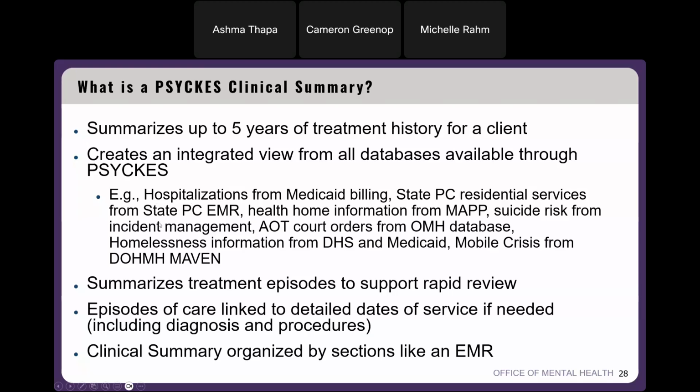In the clinical summary, you can also drill into these episodes of care based on the date of services if needed. Our clinical summary is organized by sections like an EMR. All of this information being pulled in from all these databases shows in a very digestible chunk, so it's easier to follow through with the information that you're looking for.